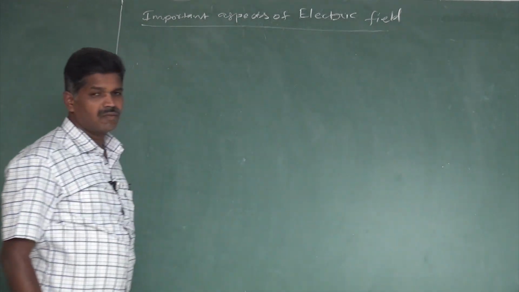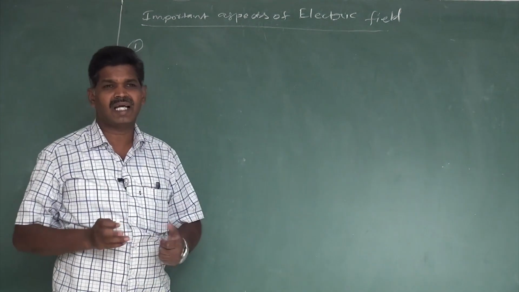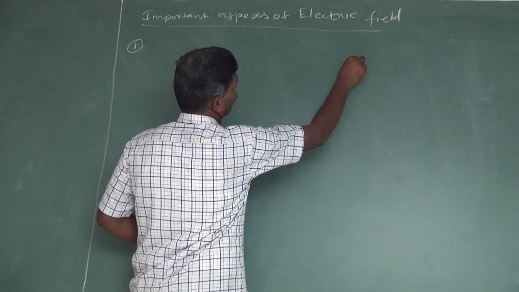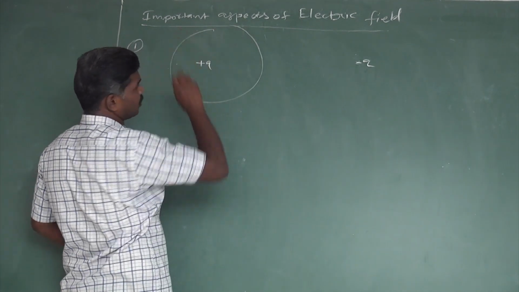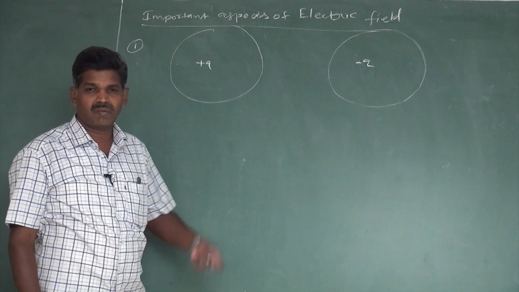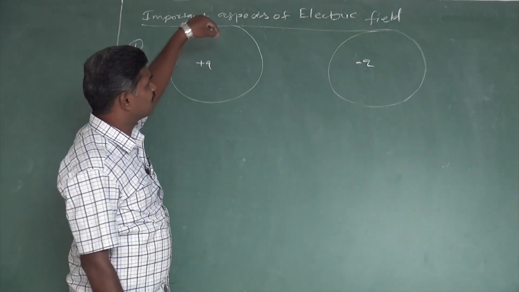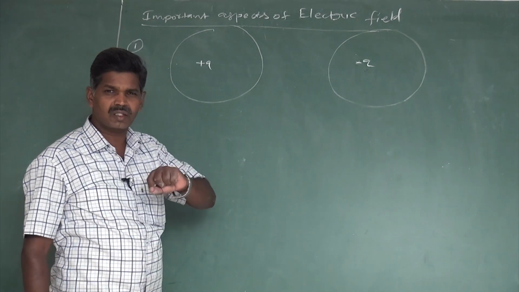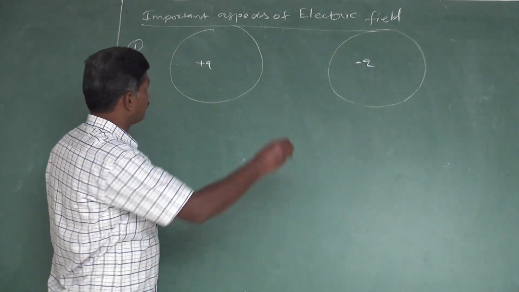In that we are going to take on the first point, based on the field acting directions. We take two charges, one a positive charge and the other a negative charge. Around this charge we have a field of this charge. Similarly for this charge also we have a field, but for finding that field we take a test charge. If you place the test charge inside the region of its electric field, that test charge is going to be repelled, because the test charge is also positive and our charge is also positive.